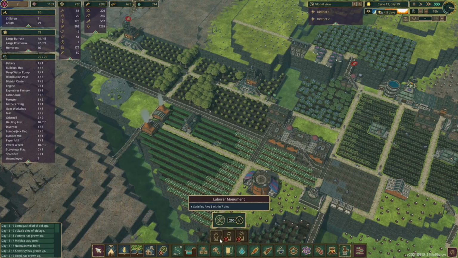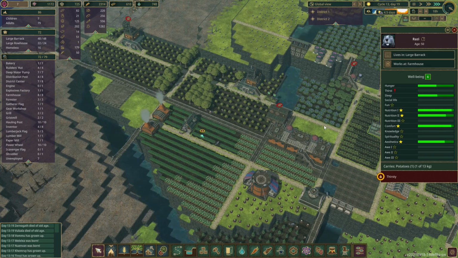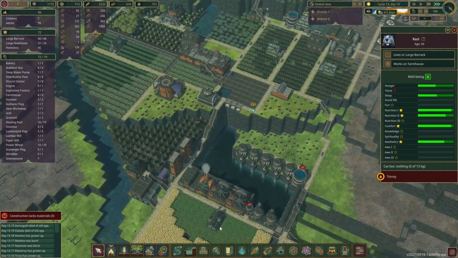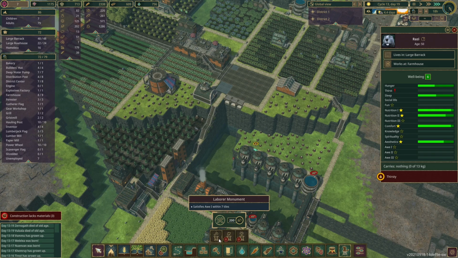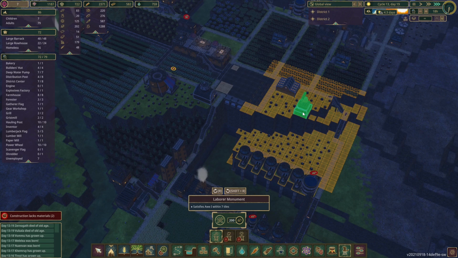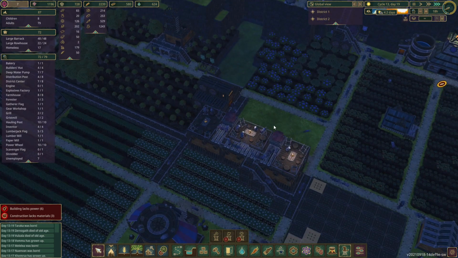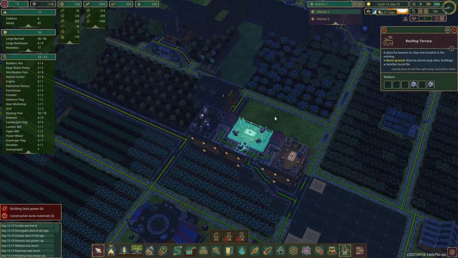But the monuments give us increased working speed, which makes everything just run better. So we should definitely put some of those down. They do cost 200 wood, but we're fine. 200 logs is not a problem. Put one up here. I think that looks good. Placing down, that's to cover all our pumps, because we might as well get them working faster. Seems like a good idea to me. And then we kind of want to have one around where our houses are. We could probably do with one actually where our houses are straight away, couldn't we? That's more important. So let's...